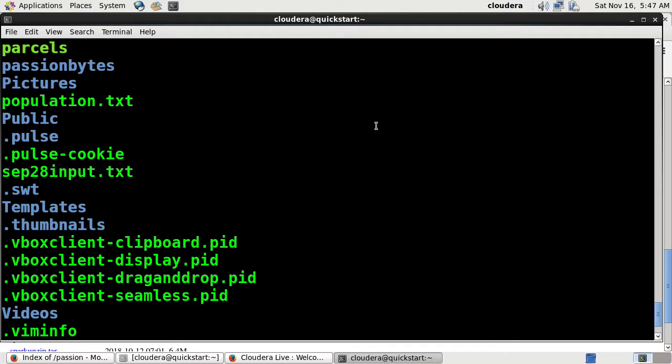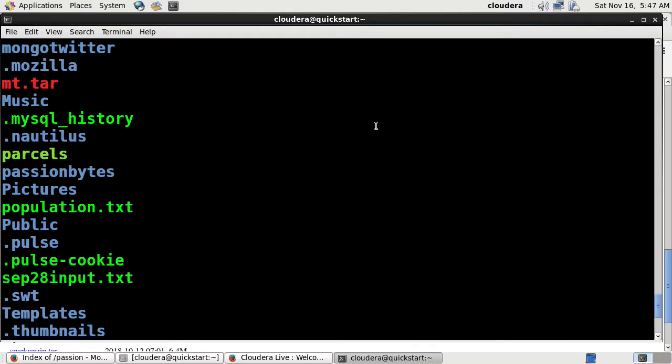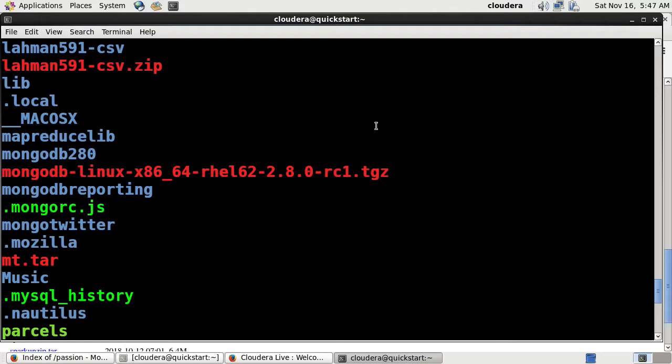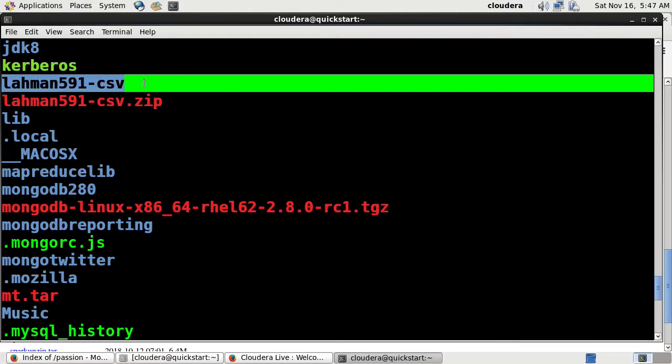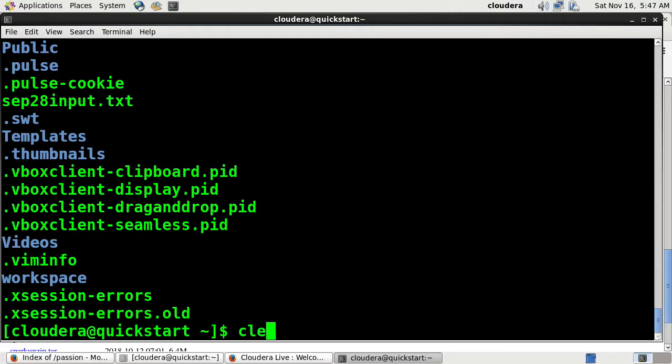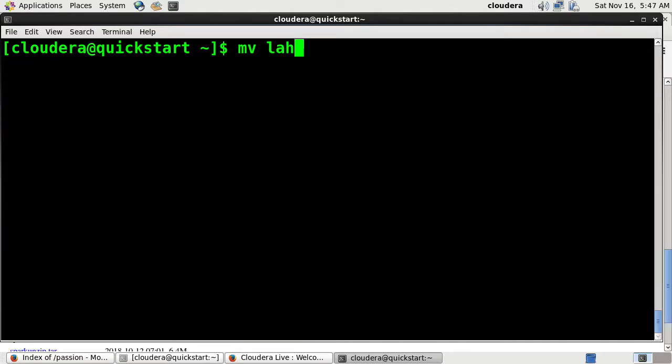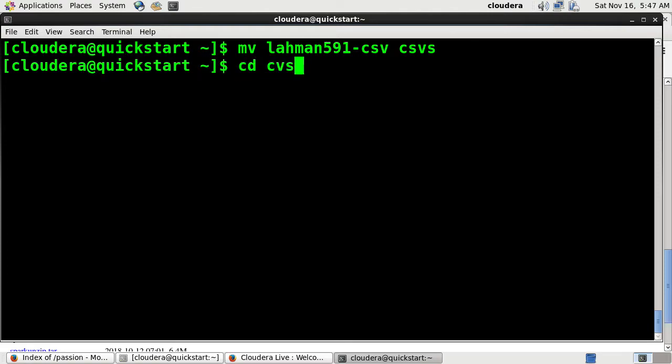So you can see that a directory is created which is called Lahman CSV. I am going to change the name of that particular folder to CSV. Okay. Move this as CSVs. Okay, just call it CSVs. And if you go to CSVs